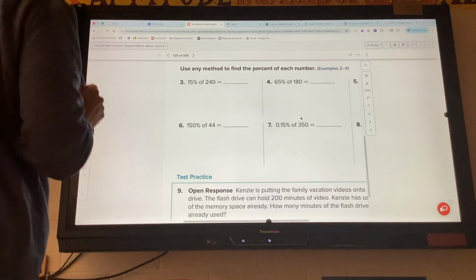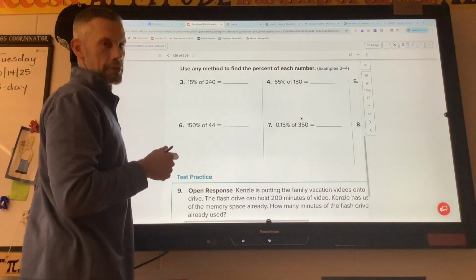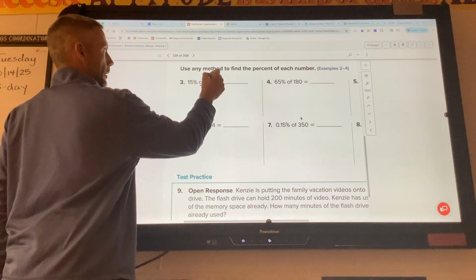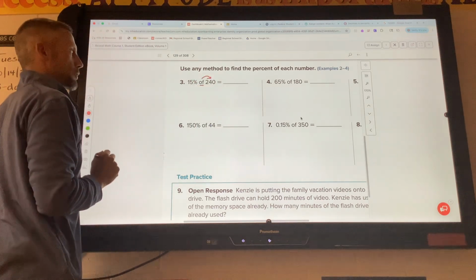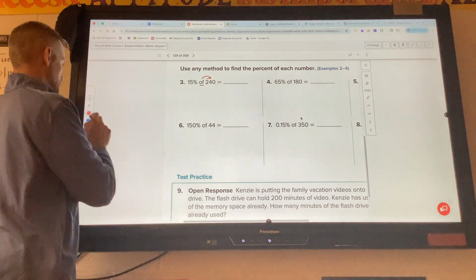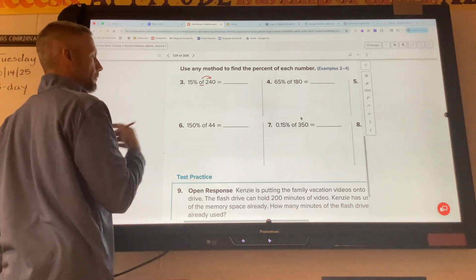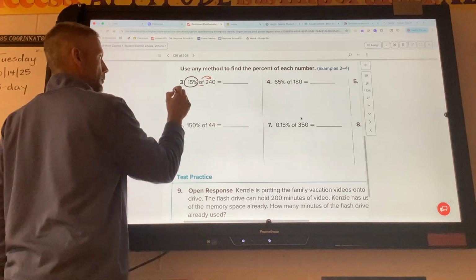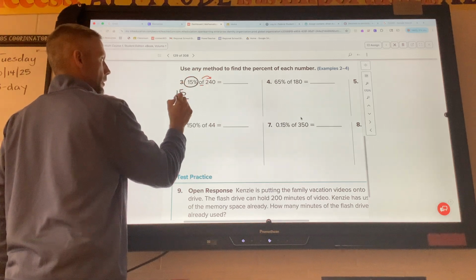All right, so number 3 on the homework tonight is a little bit more challenging than number 1, only because the total in the problem is not a multiple of 100. So I'll show you a couple ways to do this problem, but for me the easiest way would be the same type of concept as number 1. We would take the percent and put it over 100